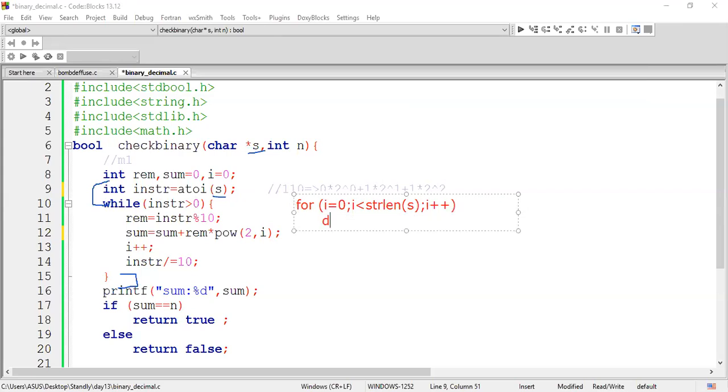Whatever I did in the previous step, previously we made use of A to Y. Without using A to Y also, you can convert the given string to integer just by subtracting a character '0' from str[i], multiplied by power of 2 comma i. The same step we did here. I have mentioned the character zero.